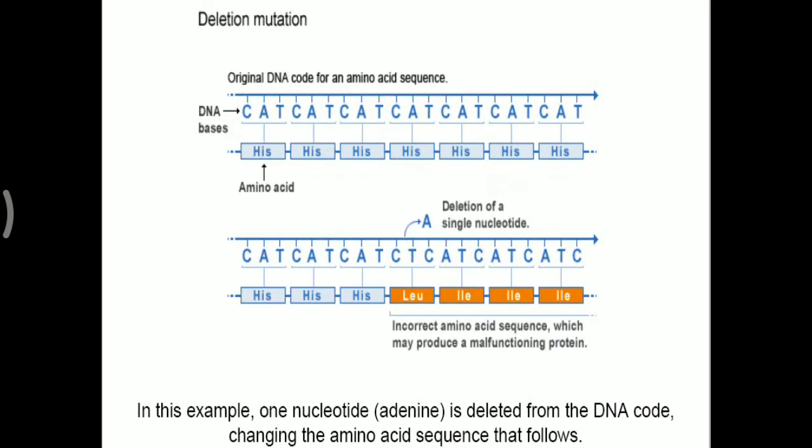So next, the deletion mutation. Here, a particular codon CAT is present, coding for histidine; that is the original DNA codon. But if there is a deletion of a single nucleotide, then the next sequence that is formed is CTC instead of CAT. So leucine will be coded, and an abnormal protein will be produced. Further, the whole sequence will be altered following the deletion of a single nucleotide. So that is one type of classification, deletion, and its effects we will discuss later in this video. First, the insertion.